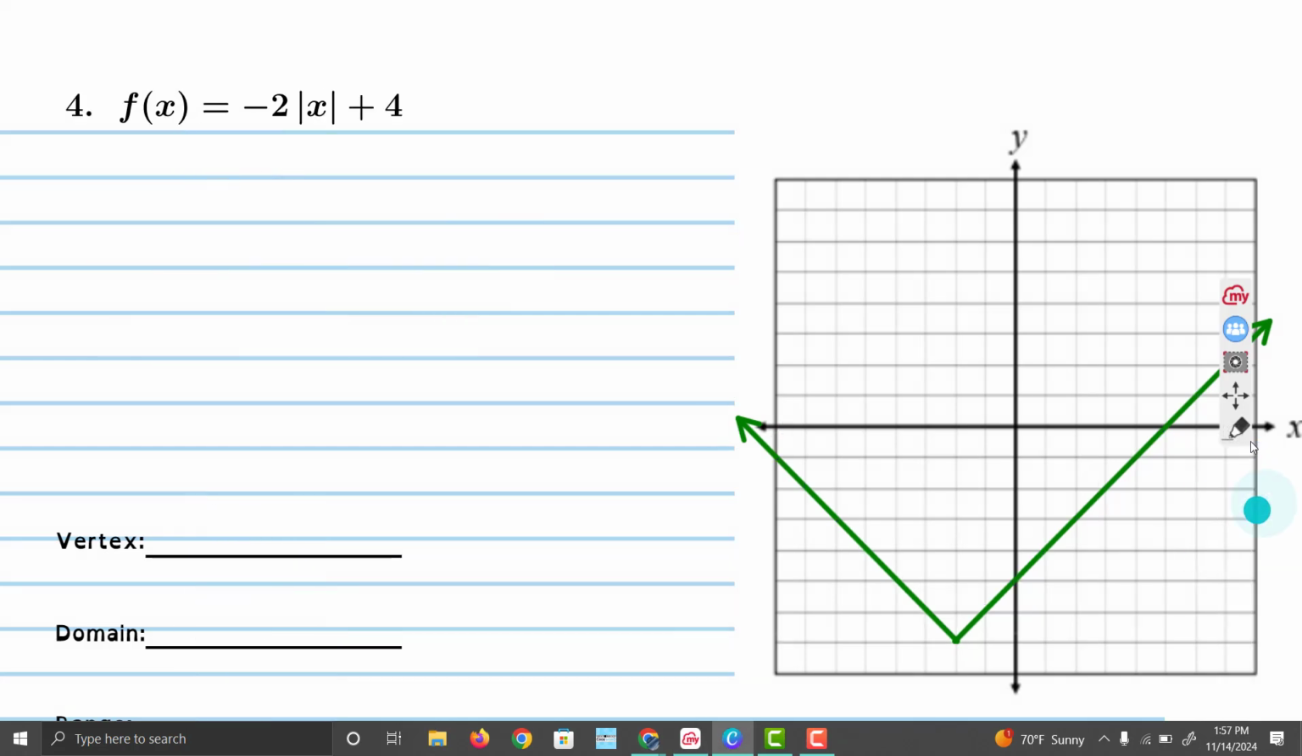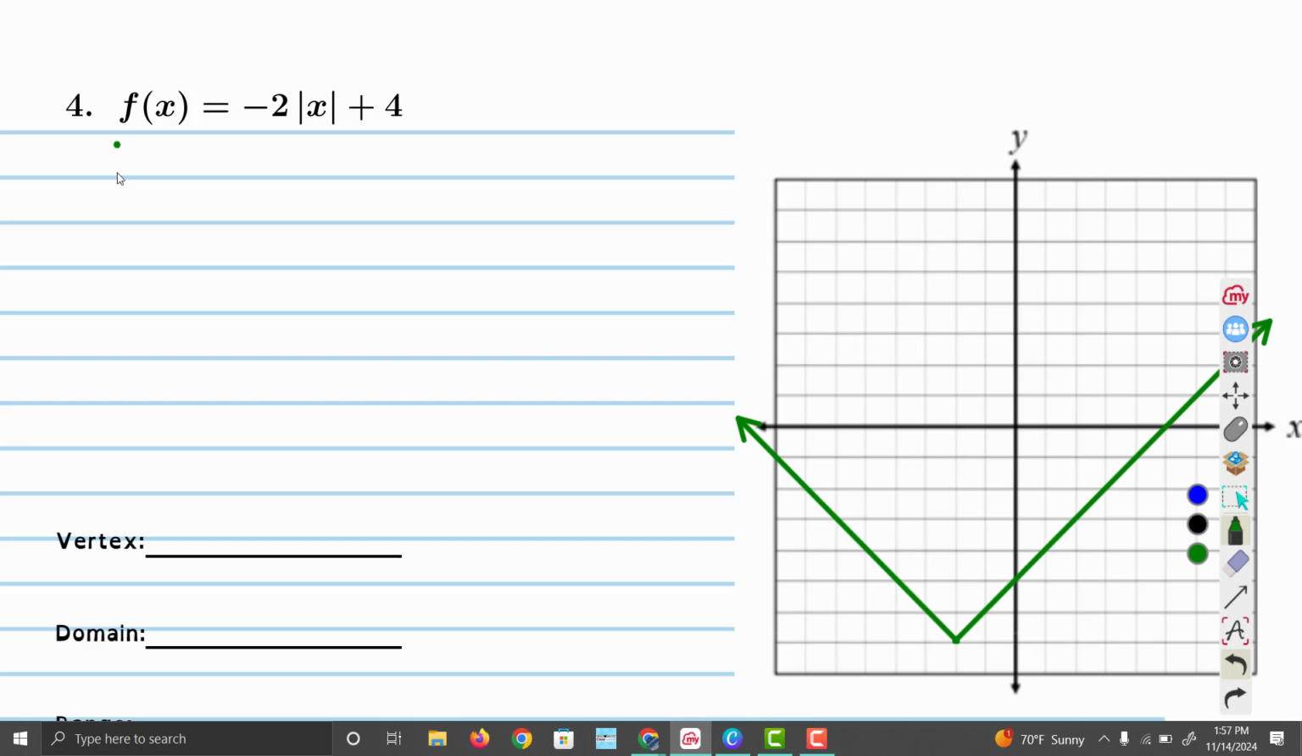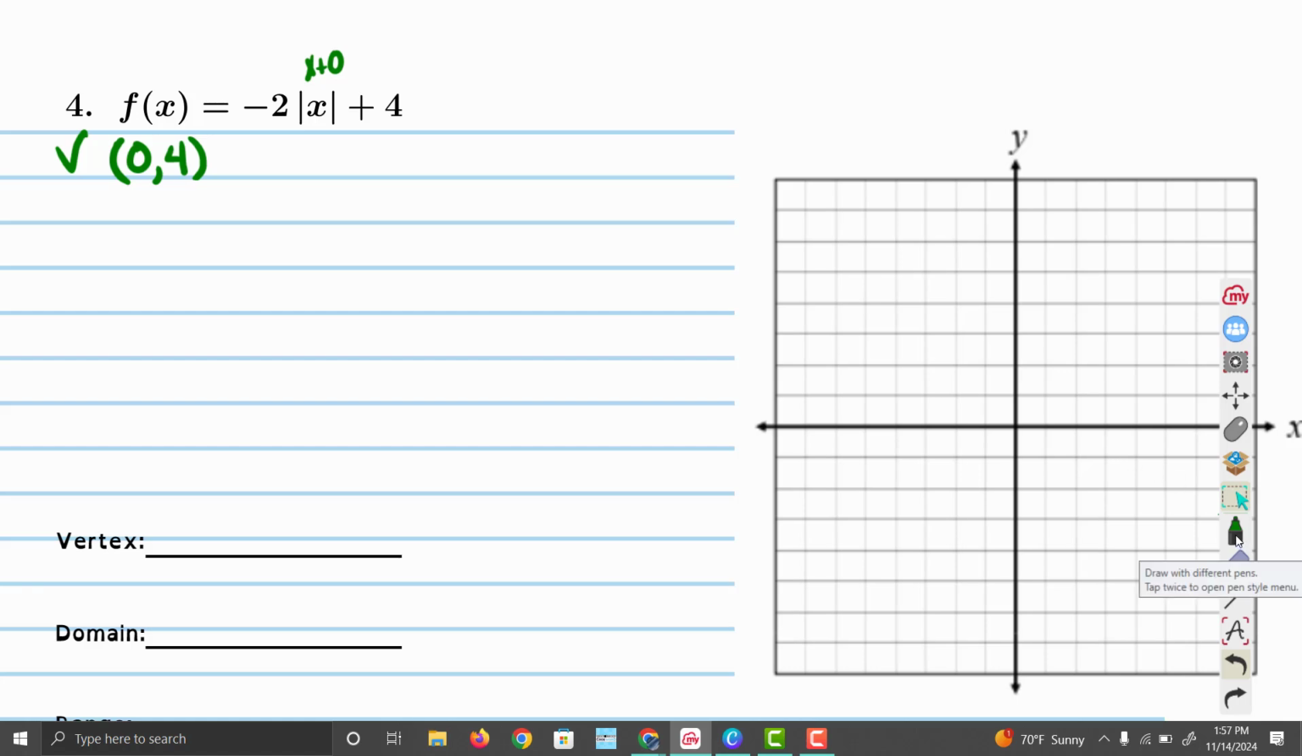So now let's look at number 4. So again, we're going to look for our vertex first. And so there's nothing inside. So remember, that's going to be x plus 0 inside. So 0, 4 is my vertex. And so now we're going to take and